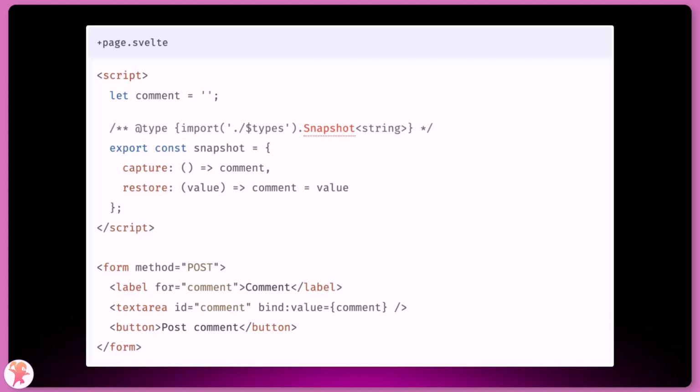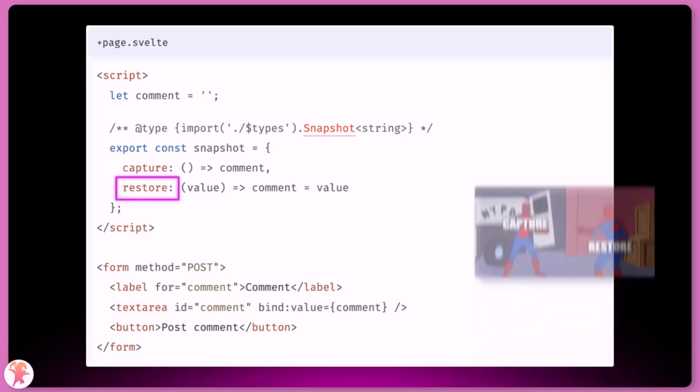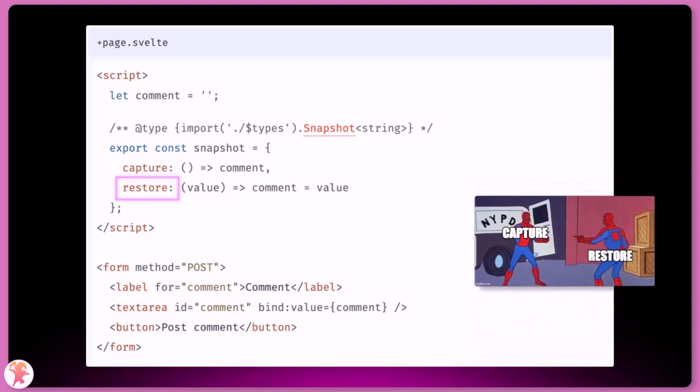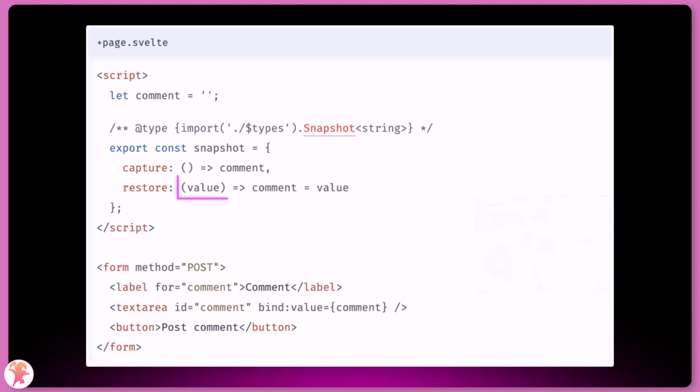The second property of this object will be the restore function. This one is simply the counterpart to the capture function. When the page or the layout becomes active again, it will call this function and give it as an argument the data that you stored. Like taking an item out of your backpack to use it. You are then free in the body of the function to use this data in any way you see fit